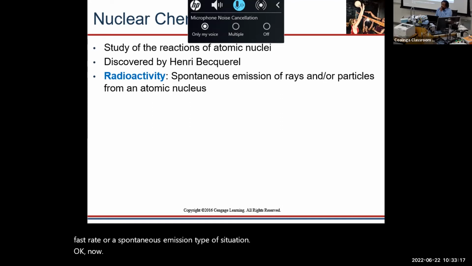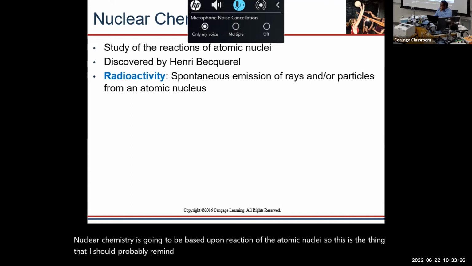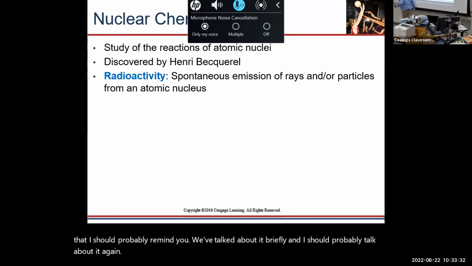Okay, now nuclear chemistry is going to be based upon the action of the atomic nuclei. So this is the thing that I should probably talk about briefly. So in the nucleus,